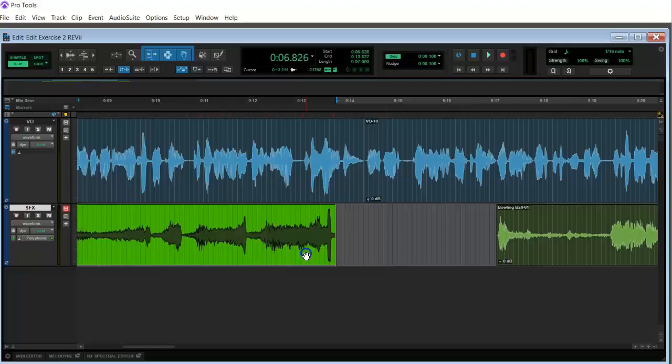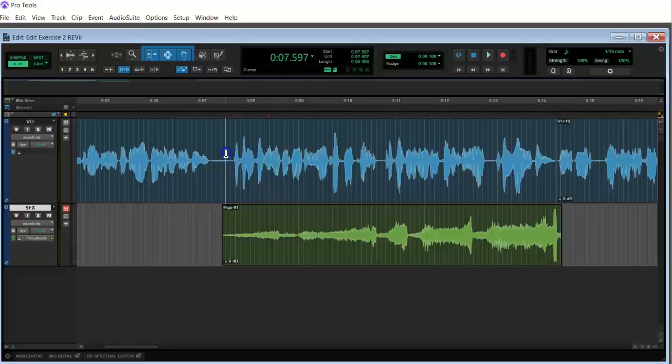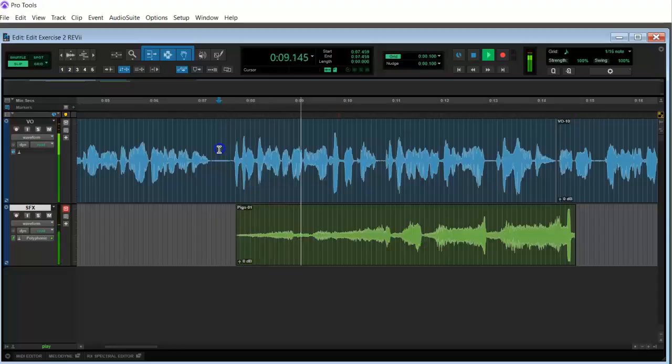And now I can drag it. Again, you can only do this when you're in slip mode. So let's go ahead and hear when he's talking about the pigs, which I think is right around here. The Foothill Freeway. Okay, so he's going to say Foothill Freeway. The Foothill Freeway has been closed down when a truck full of pigs tipped over with more than 100 of the animals still roaming the freeway.